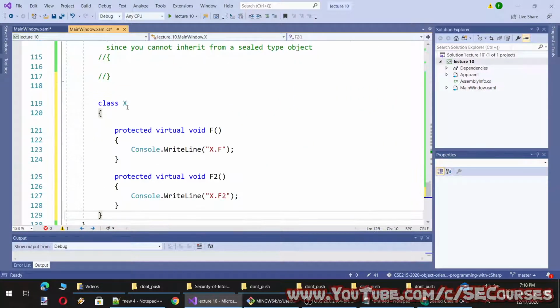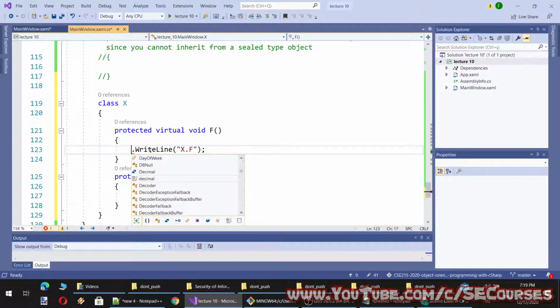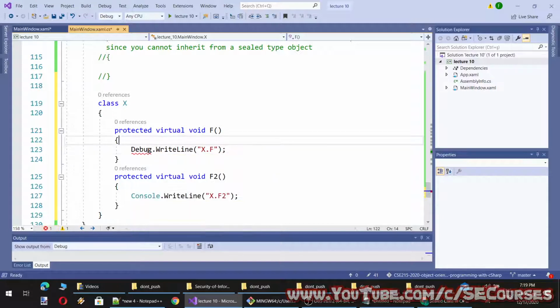So we have a regular class, name it X. However, it has a protected virtual method f2. Let's make this a Debug.WriteLine, so we can see while it is running.